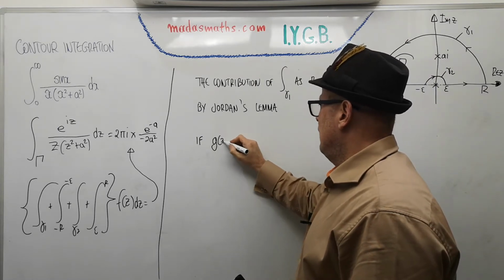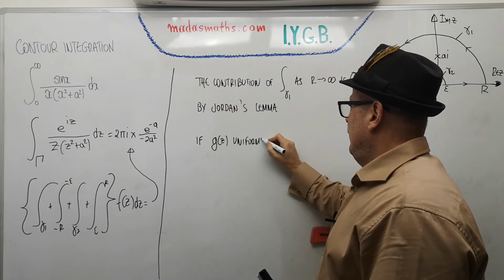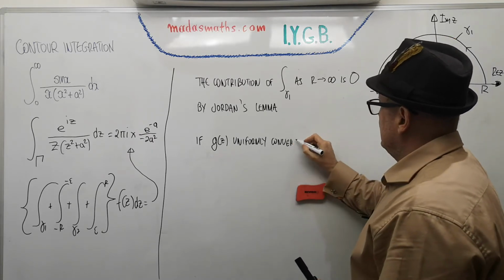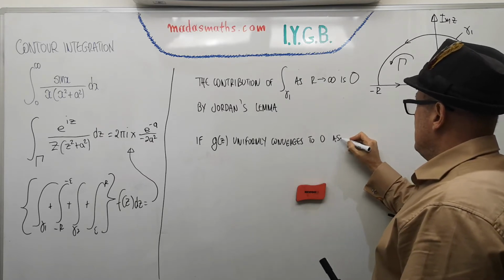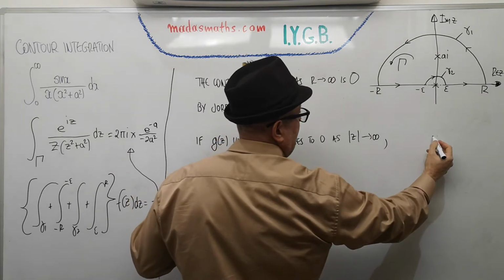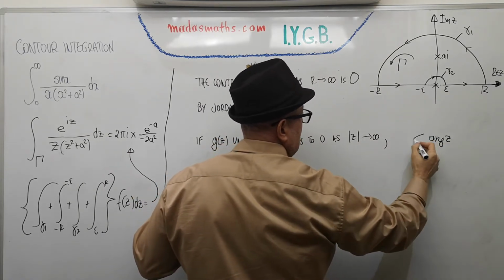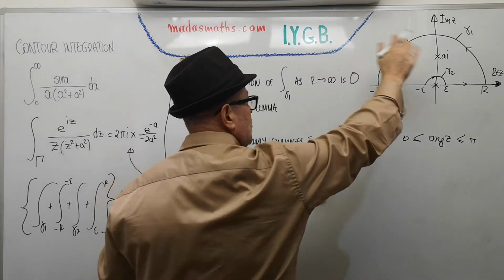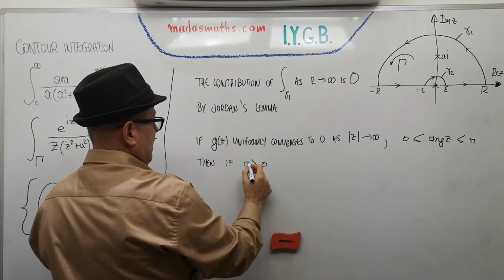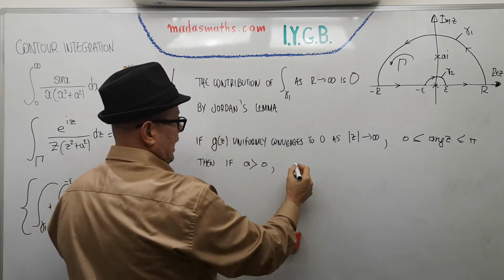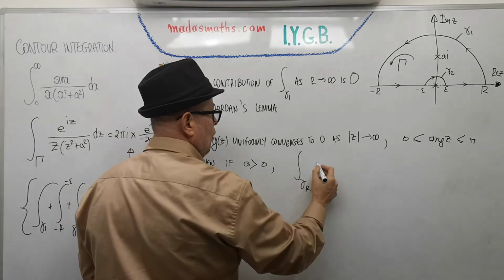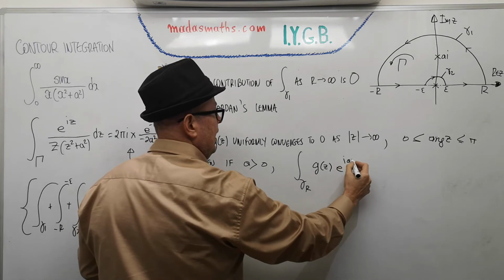If g of z uniformly converges to 0 as the mod z tends to infinity, and that for argument of z being between 0 and pi, so basically we're considering sort of arcs like this, then if a is a positive constant, the integral around gamma R, I'm going to use capital R, and I will define what R is, gamma R of g of z e to the i a z